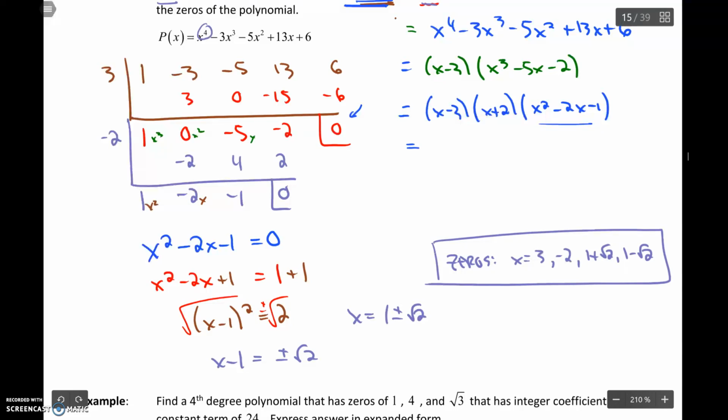And where we're going with this eventually is, if these are zeros, then x minus 1 plus root 2 has to be a factor, right? Just like x minus 3 is a factor if 3 is a 0. Well, this is a factor if this is a 0 also. That's kind of where we're going here